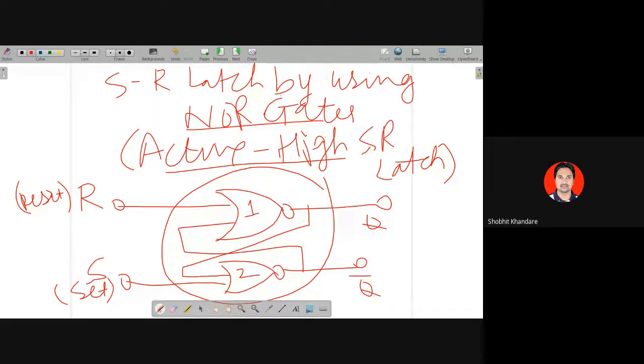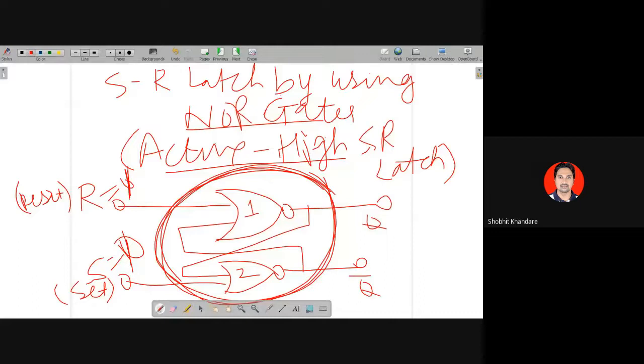बाद में SR को फिर एक बार S is equals to 1 ले लो, R is equals to 0 ले लो, then you see what is Q and Q bar. बाद में आप S is equals to 0 रखो, R is equals to 1 को रखो, then you see the output of Q and Q bar. और बाद में लास्ट में दोनों को 1 1 करो, you will see it is undefined. You will not have a specific output. So you can do as a homework. This truth table has been made by using this particular design.